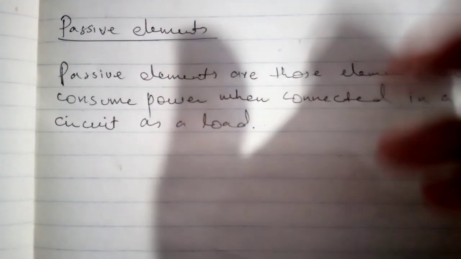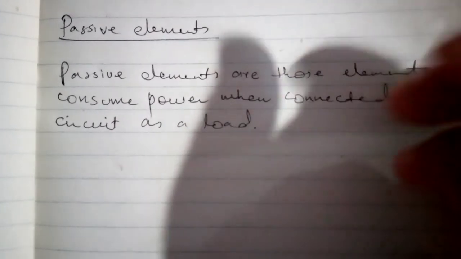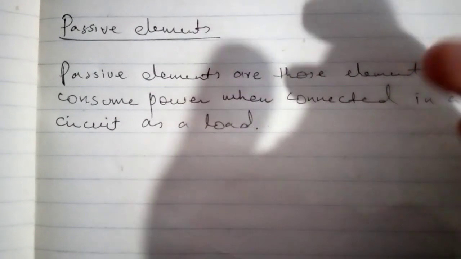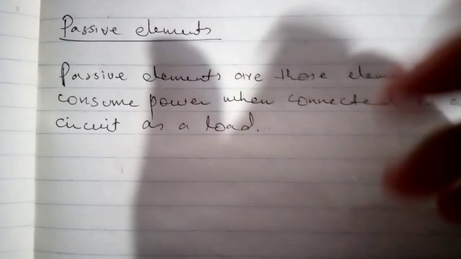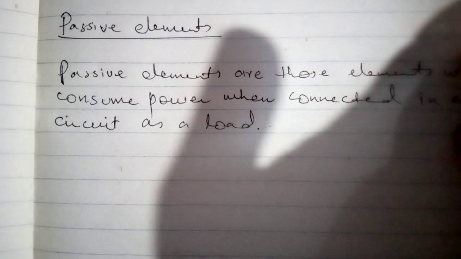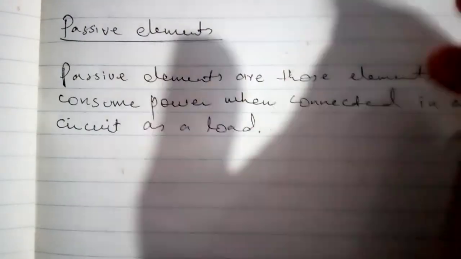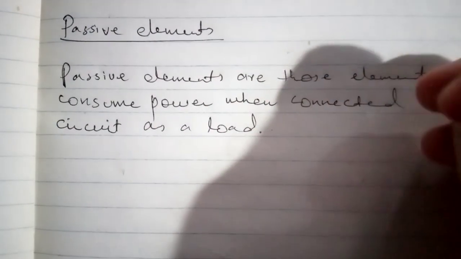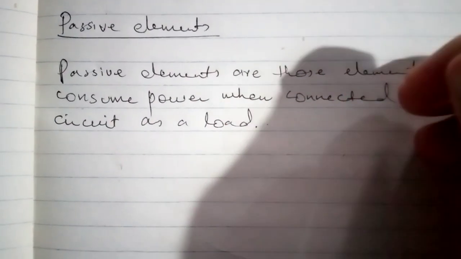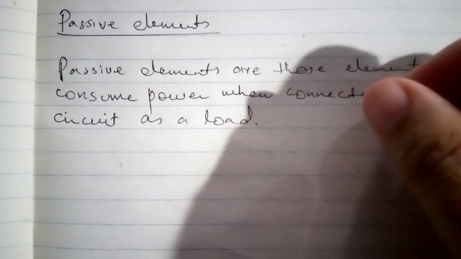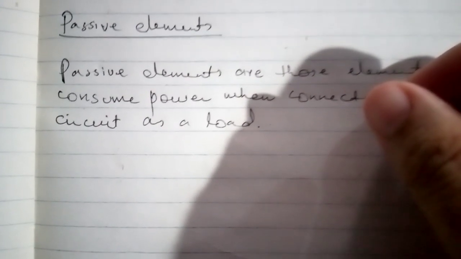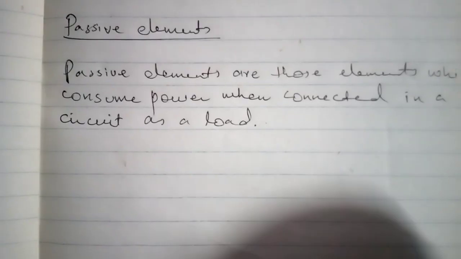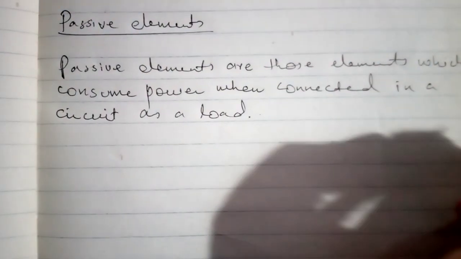Load, if I give you the example of a load connected in your home, your fans in home are the example of loads. Your electrical bulbs, your washing machine, your electrical motor which is consuming the power to pump the water into your overhead tank. These all are examples of load in a house. Resistor, capacitor and inductor are three basic passive elements of electrical and electronics engineering. These are the examples of passive elements.